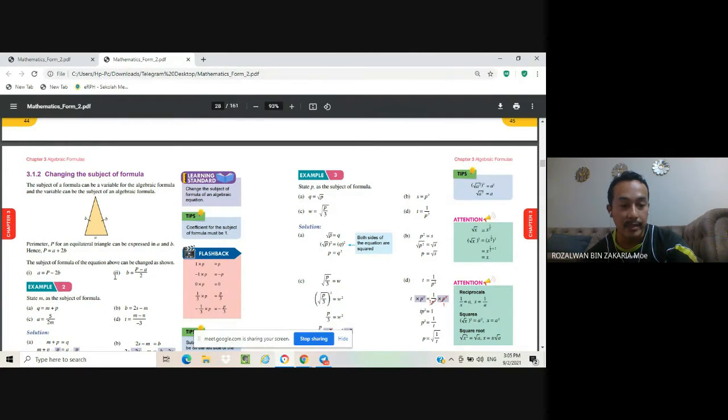All right. So look at number 2 here. Actually, this one also comes from the same formula, which is P equal to A plus 2b. So how does P equal to A plus 2b become B equal to P minus A divided by 2? All right. So here B becomes the subject. So how to do this one? Actually, same concept. We must make sure here becomes B only. We don't want this 2. We don't want this 2B. We don't want this A here.